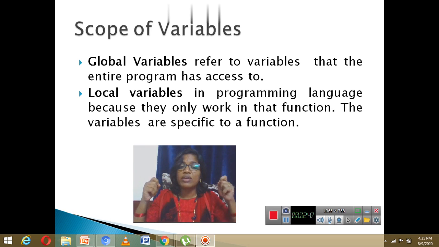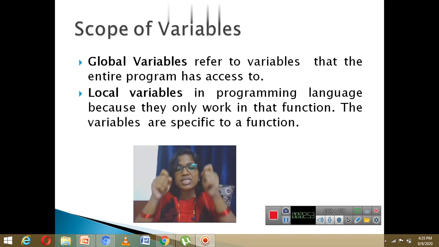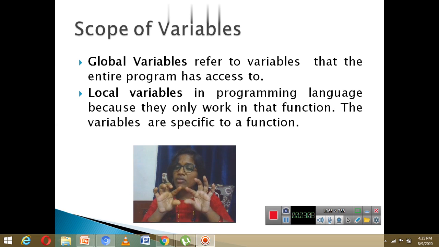We may have n number of user-defined functions. A variable which is declared inside a user-defined function will be local to that function, and its scope, that means the accessibility for that variable, will be only within that function.